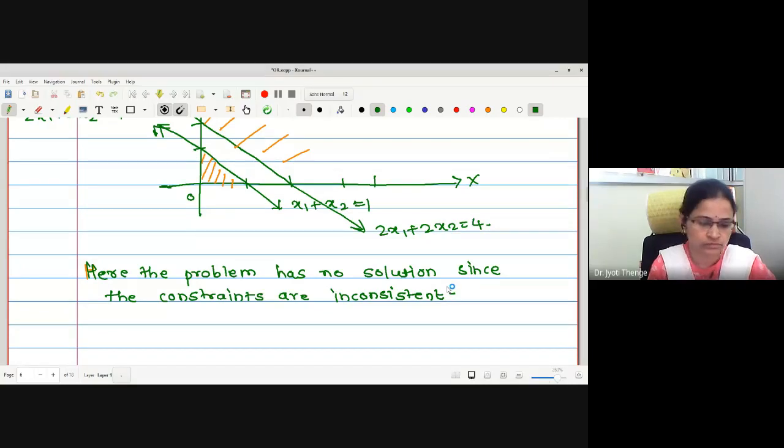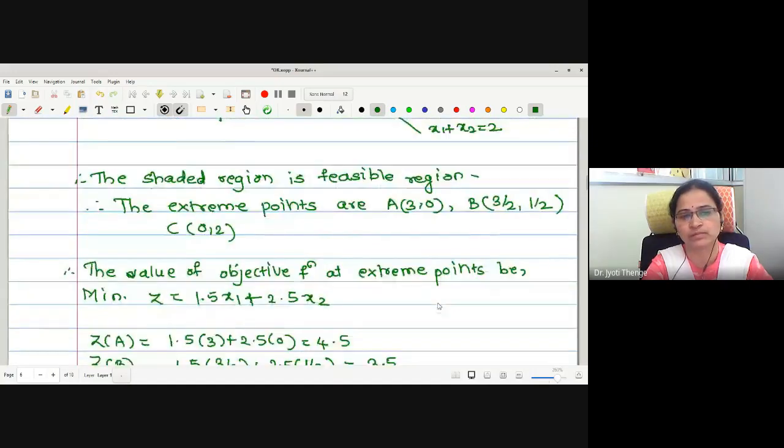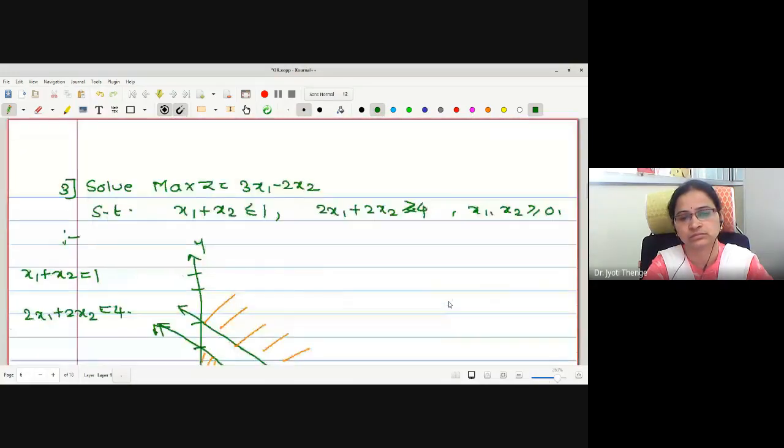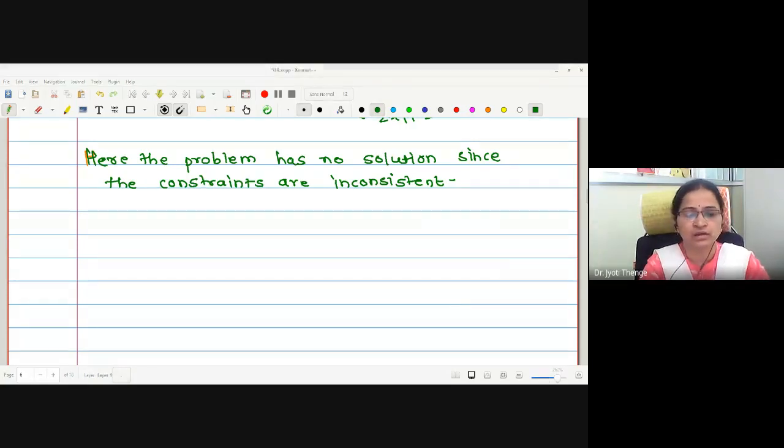Is that fine? Any doubt about the graphical solution of the given linear programming problem? Now, what is your duty? Today's homework is you just go with the exercise given in our recommended book of Operation Research by S.D. Sharma and try to solve many examples by graphical solution. In the next lecture, we will study the basic notions required for studying the linear programming problem methods. Okay, we will stop for today.